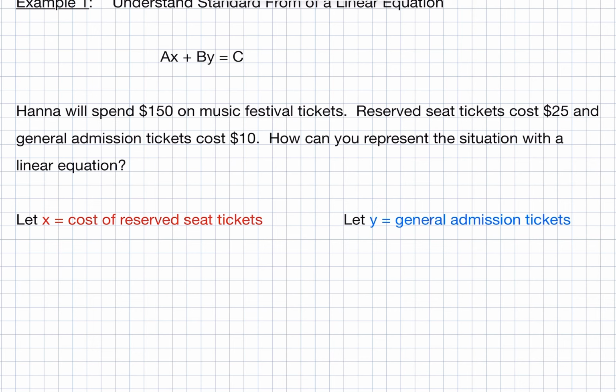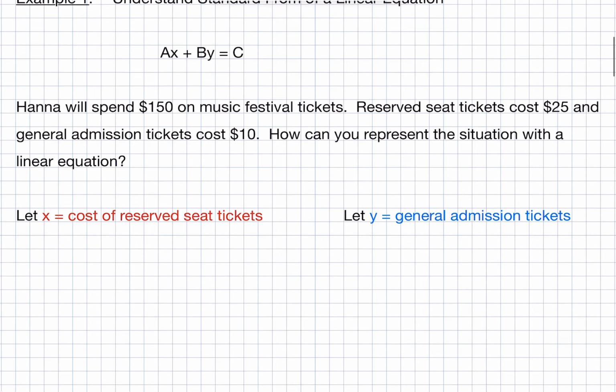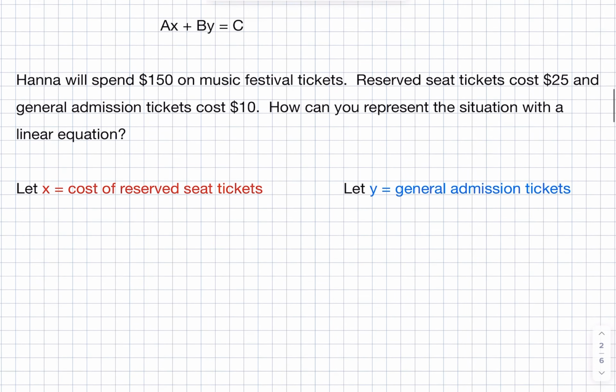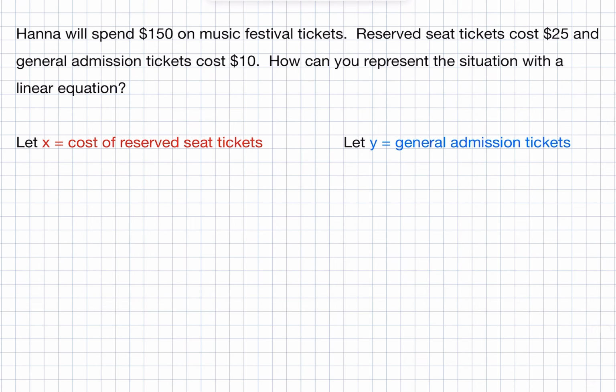And the question here is, how can we represent the situation with a linear equation, which basically is going to be in standard form? Okay, so what we're going to do here is we're going to let the letter x represent the cost of reserved tickets, and then we're going to let the letter y represent general admission tickets. Okay, so how would we set this up? Well, we know that for reserved tickets, they're $25. And so we would say that, my apologies, we would say that $25